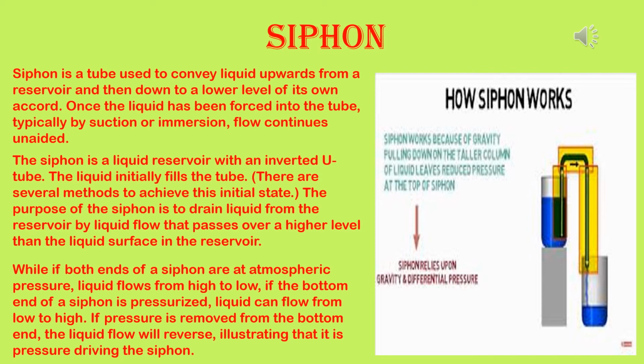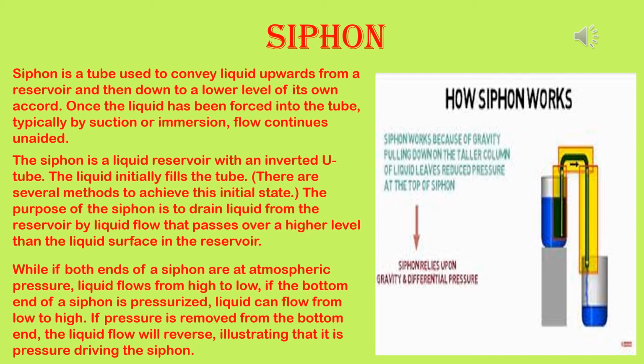Let B and C be at the same level. Let H1 be the height of B above A, the surface of the liquid, and H2 the height of C above the surface D. Please consult your book diagram while you read this slide. Now the pressure at A is the atmospheric pressure P. At D, also, the pressure is that of the atmosphere.